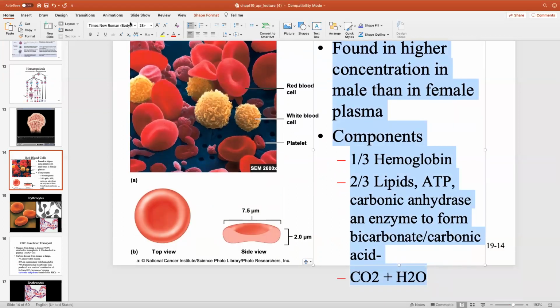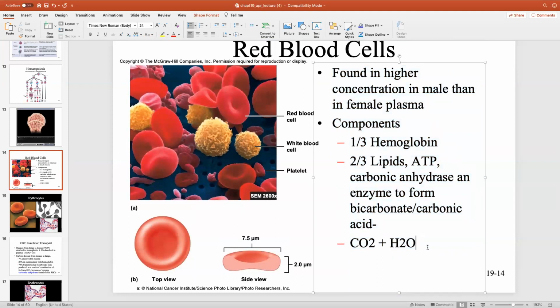And we're going to see later on in a few chapters that most of the carbon dioxide will be carried in the form of this. Probably when you were young in high school, they talked about how carbon dioxide is picked up by the red blood cells and carried. In reality, about 20% of carbon dioxide we carry will be attached to hemoglobin. 70% of the carbon dioxide we exhale will be in the form of this,